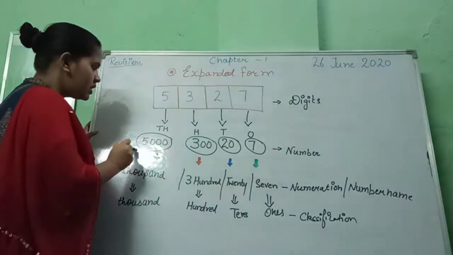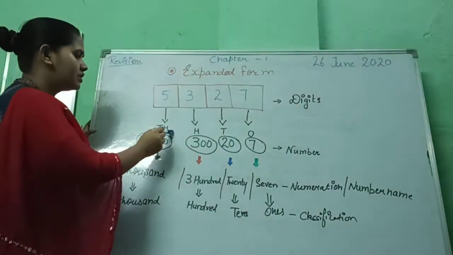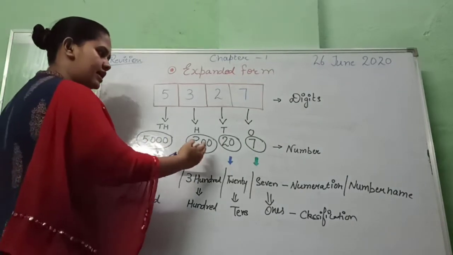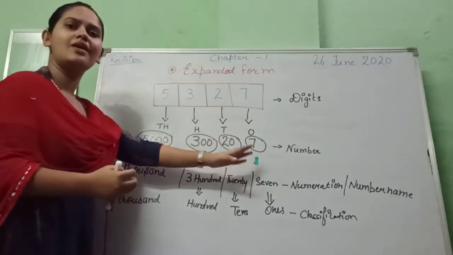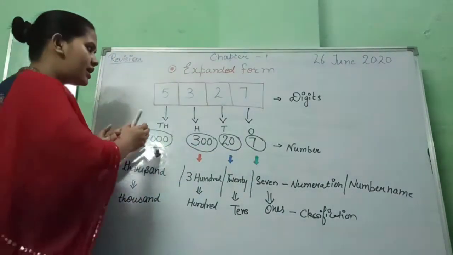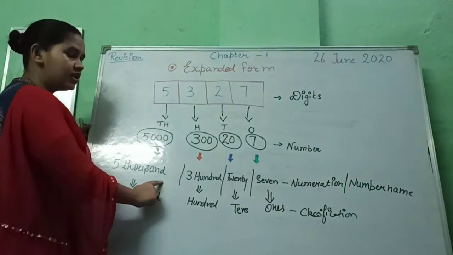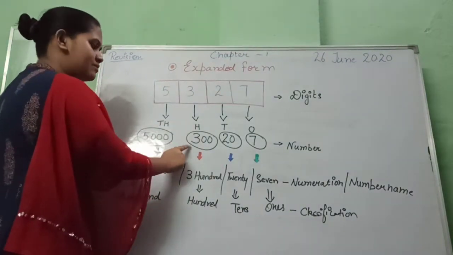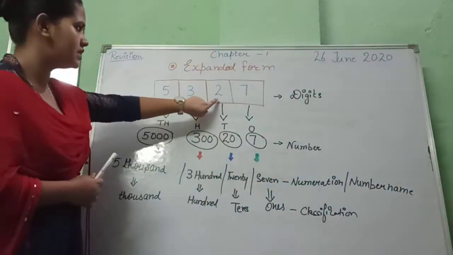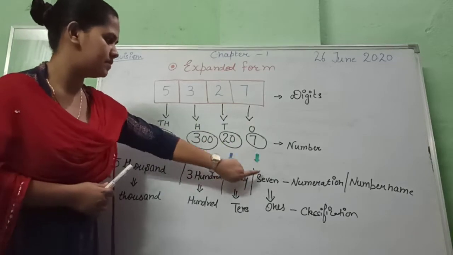Okay. When we expand numbers, we expand them like thousands, hundreds, tens, ones. As I said, we read from the left side, and we write from the ones, right? So when I give them a place value or an expanded form, 5 becomes 5000. You can see here 5000, and yes, 3 becomes 300, and 2 becomes 20, okay, and 7 becomes 7, right?